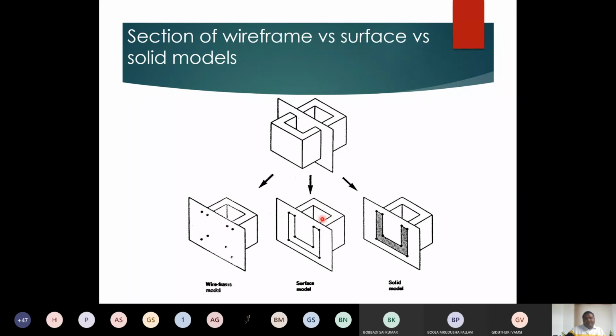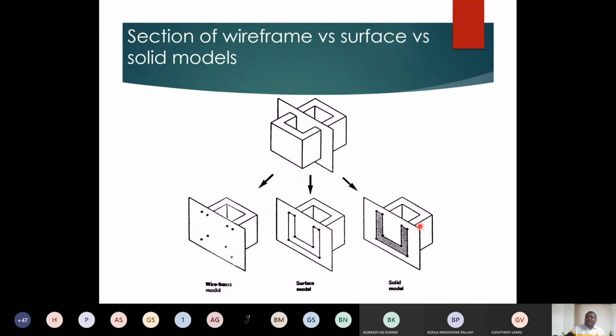Similarly, if I take a surface model of the same object, it considers not only the edges information, but also the surface area. That is the reason I am able to see not only the 2 points but also the internal line. Why? Because the intersection of a surface with another surface is always a straight line. So I can also see straight lines like this. But though all these straight lines are forming a closed loop, still I cannot calculate what is the cross section area. Why? Because I have only surface and the edges information. I don't have the internal detail of the object in the case of a surface model as well.